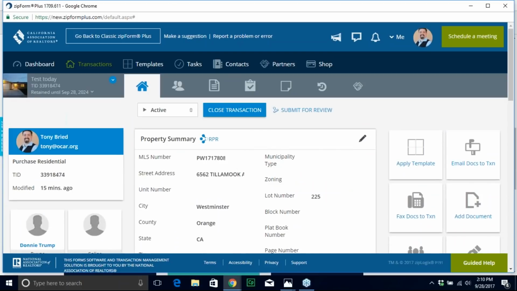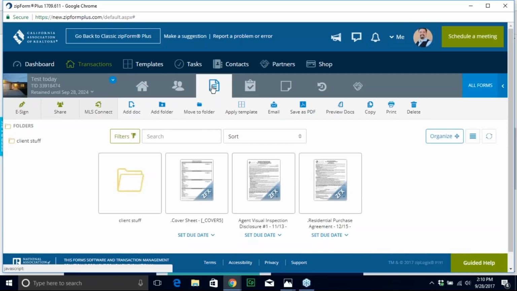As I was mentioning earlier, you have two choices: DocuSign or Digital Ink. DocuSign, a third-party vendor, charges you about $250 a year for unlimited signing. Digital Ink, because it's created by ZipLogix, and ZipLogix creates zipForms, lets you sign an unlimited amount of transactions, unlimited times, for zero cost. We are going to go over really quickly